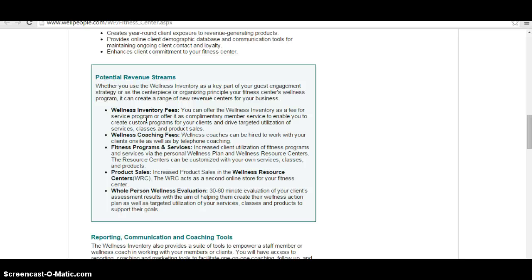It says the resource centers can be customized with your own services, classes, and products. So really, you're in charge of this. The second question on part 2 of this form is asking what are the factors which are under the manager or athletic director's control. Number 3 really stands out to me because programs and services are really